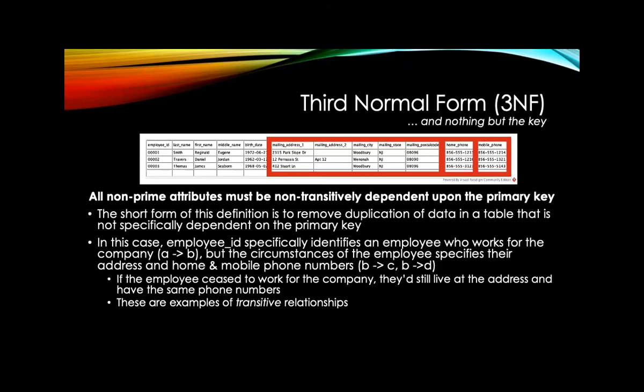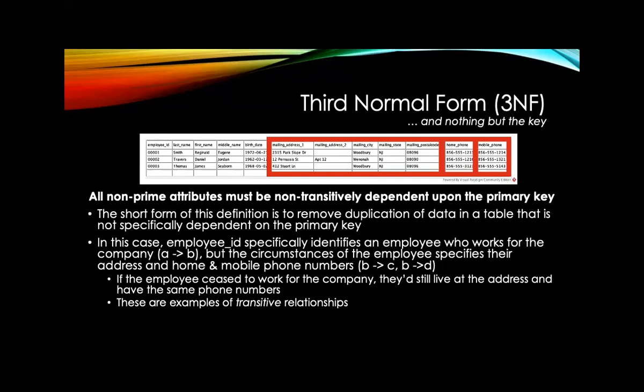I may change my mailing address at any point in time. I may have multiple mailing addresses. Bank of America, I had at least one in Charlotte and one in Alabama for almost 10 years. So you can't necessarily say that an address is functionally dependent on an employee name,